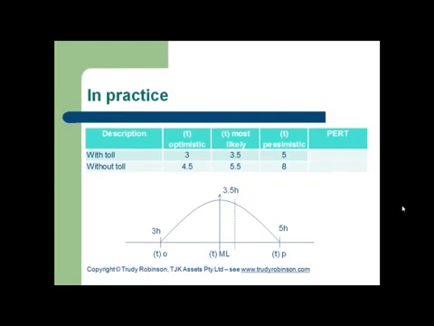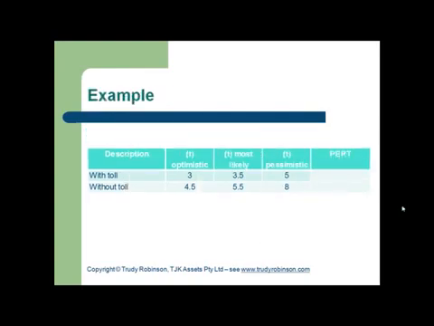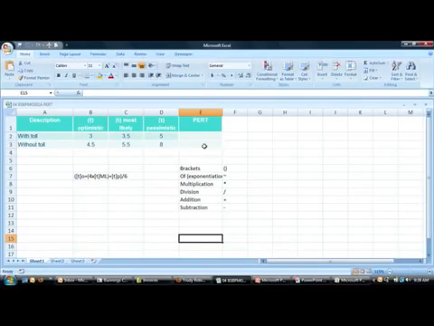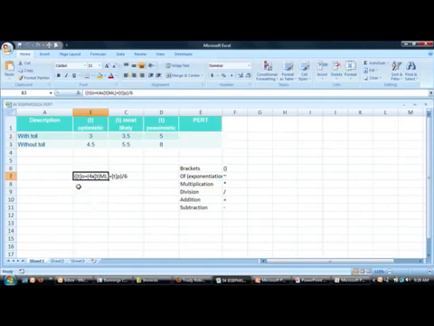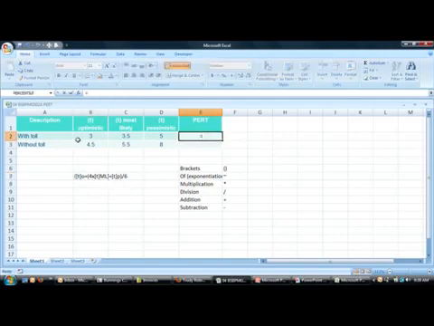This is the principle of the PERT analysis. It takes these three calculations and it uses a standard formula to give that extra leeway. The example that we had set before we'll now do in Excel. So remembering that this is the formula, the optimal time plus 4 times the most likely plus the pessimistic time divided by 6. So it is the optimistic time plus 4 times the most likely plus the pessimistic, and obviously